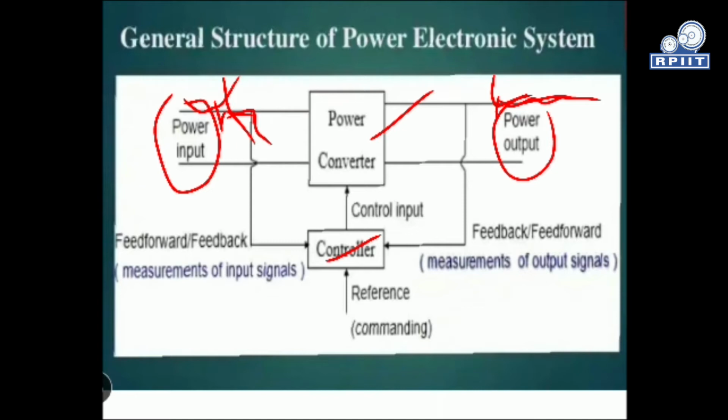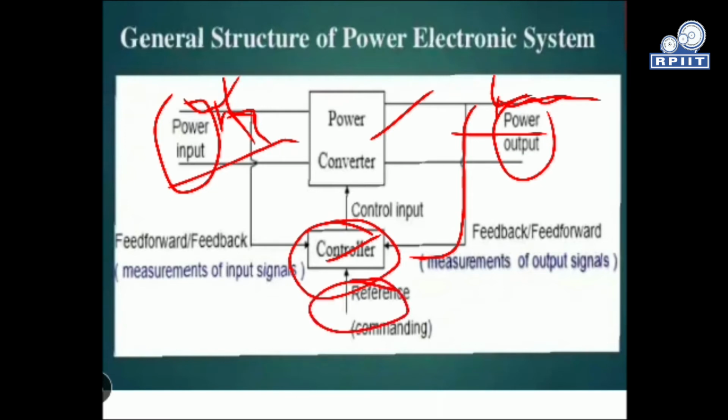So the power converter takes the input from this side and gives the output on that side. We measure that output using some sensing element and feed it to our controller. The function of the controller is to generate a control output as per our reference signal, or the command signal, or the level at which we want to set our output. So this is the reference signal. Control action will be taken on this measured output with respect to our reference signal to generate the control signal.